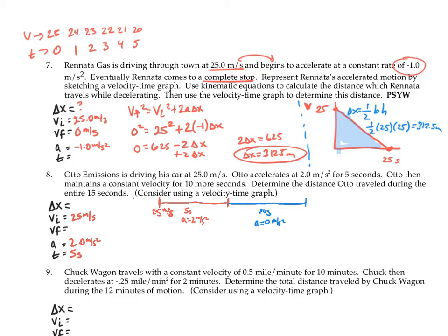What we need to do here is figure out how far or how long this red section is. How far did he travel in those 5 seconds? So I'm looking for displacement. That looks like it's going to bring me to my second equation. So this displacement is 25 times 5 plus 1/2, 2 times 5 squared. And I'm just going to plug that straight in the calculator. And you get a distance of,